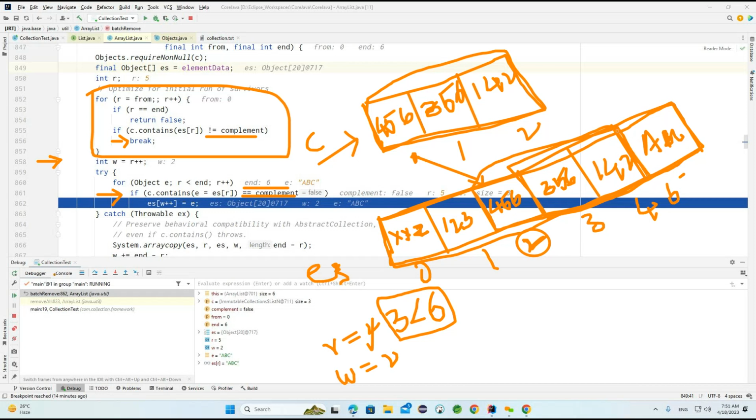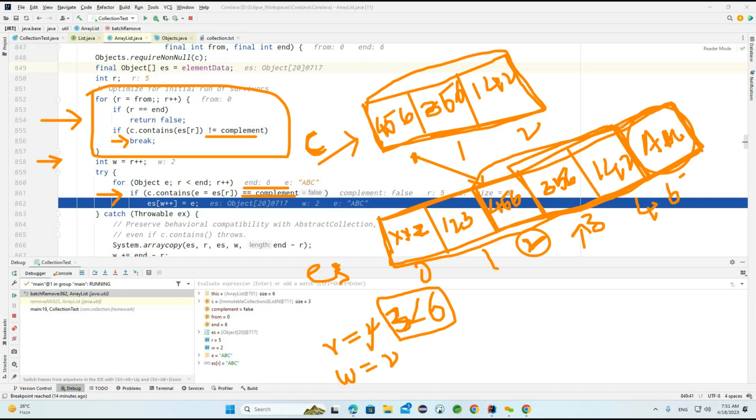Now only one index remains, that is 5. This ABC value is not available under this particular C, because this is a C. How many values are we passing under the C? Only 3. But the 4, 5, 6 already matched in the above for loop. Now we start from this particular index location because our R value we are increasing into 3. Now whenever we are increasing, we'll compare these two, 3 and 4. For 3 and 4 it is returning true. The contains method will return true because 3 and 4 are already present under the collection, the C parameter. So only one object, that is ABC,